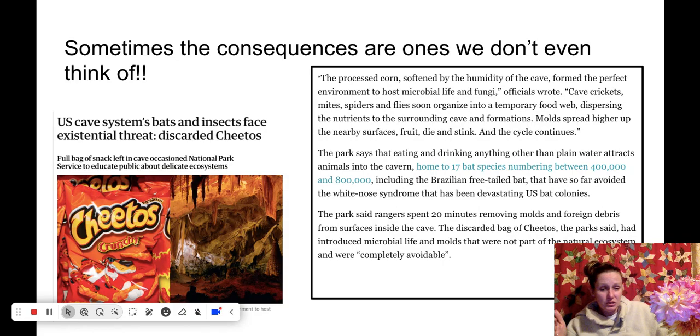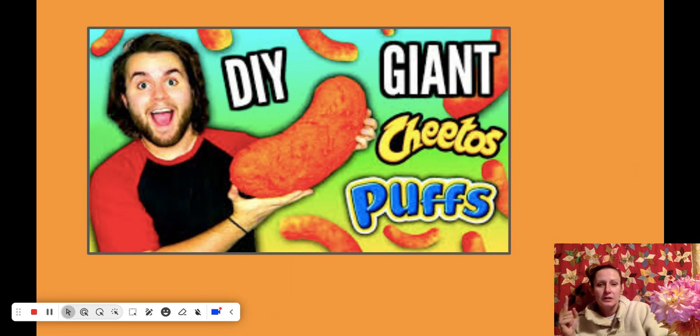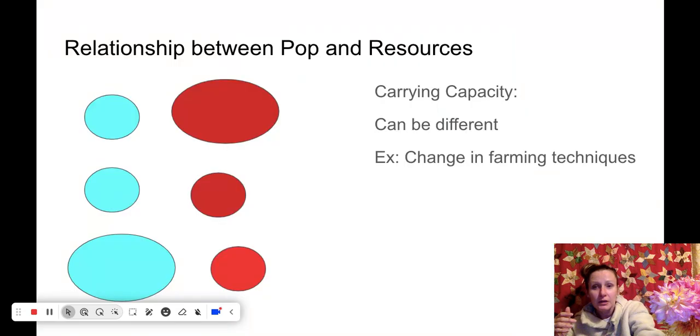So, right, not only do you want to think about turning off the water and how much you're driving and all that stuff, but what unnatural things are you leaving behind that can have a detrimental consequence to the environment? All right. You definitely do not want to put a giant Cheeto puff in a cave because look what a little bag did. You do this, this could probably ruin the whole world, really, right? So you don't want to do that. If you fast forward to that part, go back and read it because you need to learn about that stuff, right?